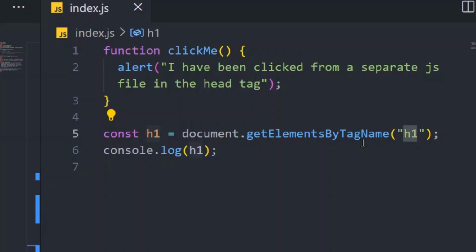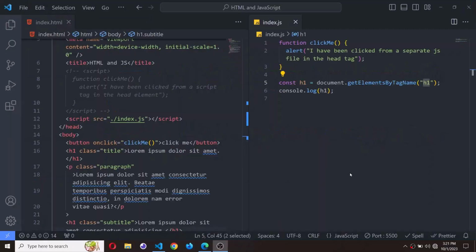Okay, coming up is the second way of accessing HTML elements in JavaScript. Don't go away. Okay guys, so we are moving on to the second way of accessing HTML elements,